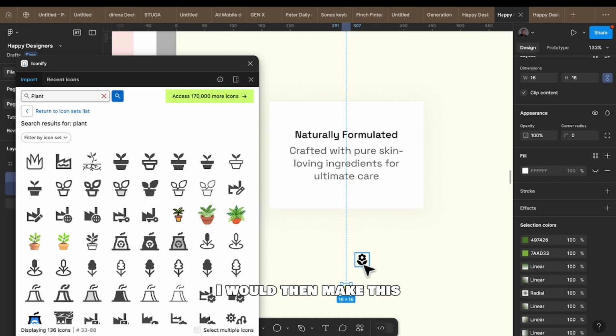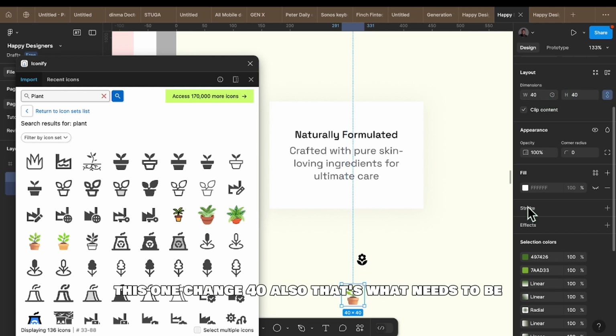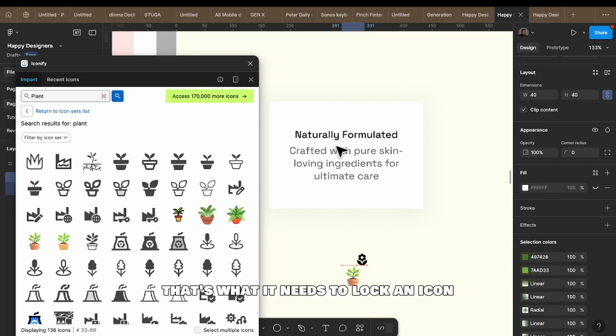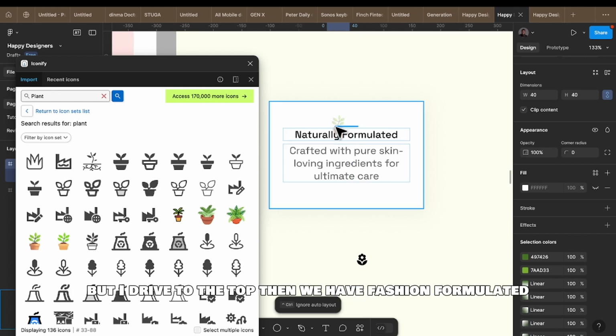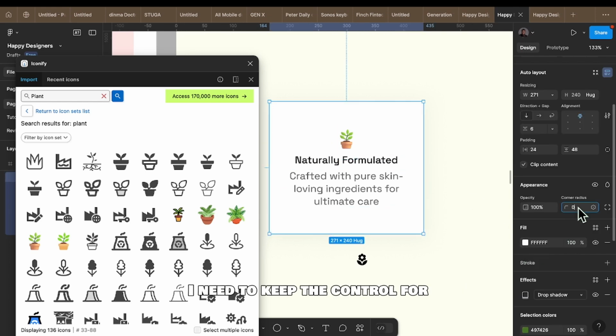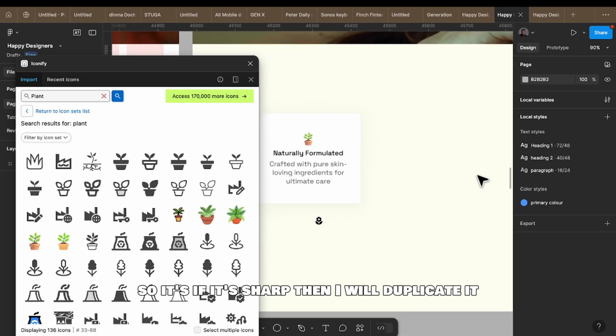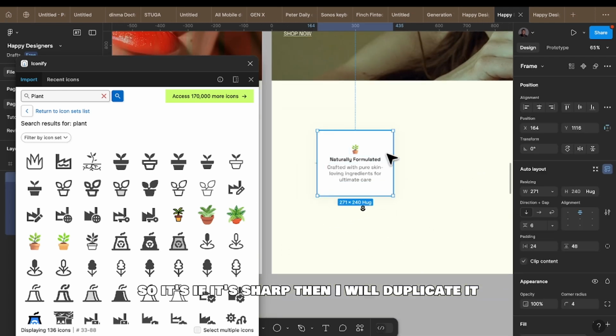I would then make this 40. Notice that this is locked, so that once I change 40 here, this one changes to 40 also. That's what it needs to be. That's what it means to lock an icon. But I drag to the top. Then we have naturally formulated. I need to give the cut a border radius of 4, so it's a bit sharp. Then I will duplicate it,